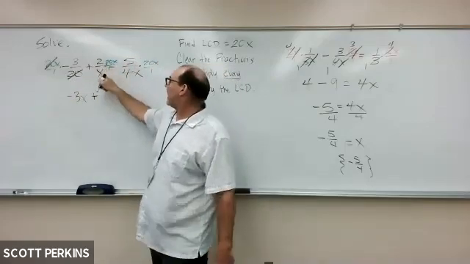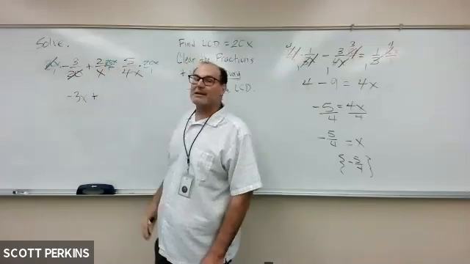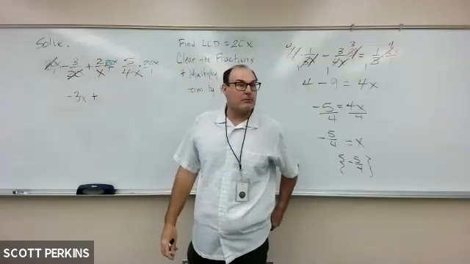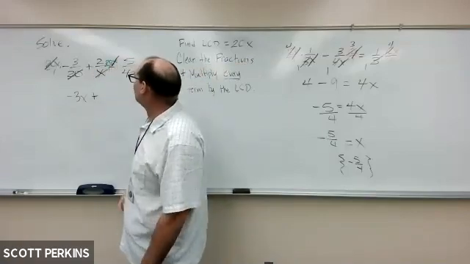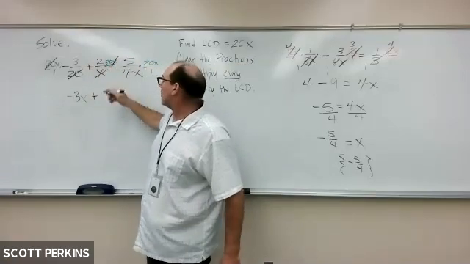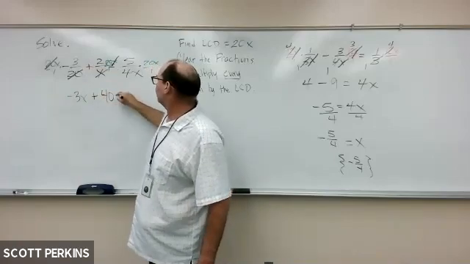I've got 2 over x times 20x. What cancels there? The x does. I've got an x here, I've got an x there. Just cancel it. And so 2 times 20 is 40 equals